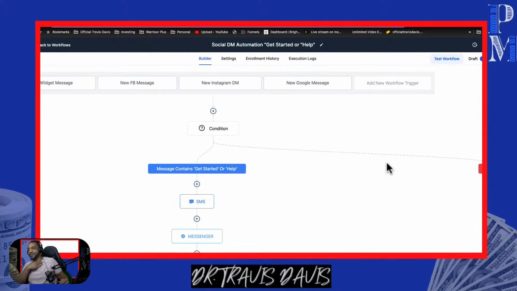When I first got into automations, I was doing the exact same thing. I just had my stuff turned on automated. And I mean, messages were just flying out every time somebody DM'd me. And I would have a conversation with somebody. They'd get like 10 DMs that just didn't match. It didn't make sense. So with this method right here, this only delivers what the client wants when they want it.